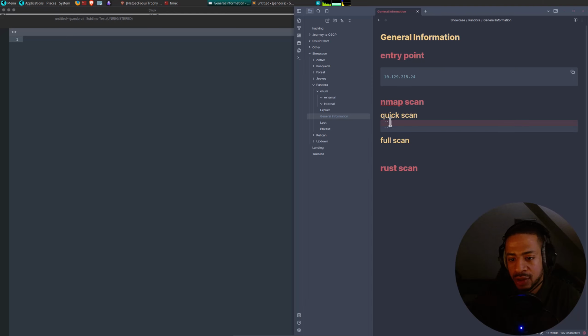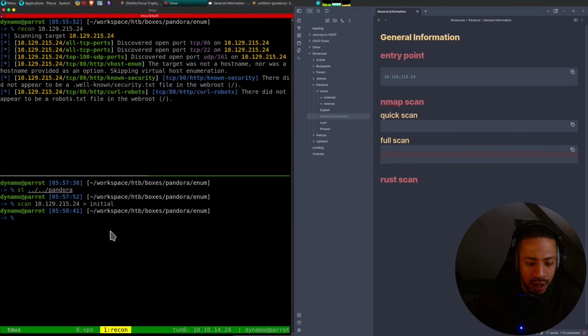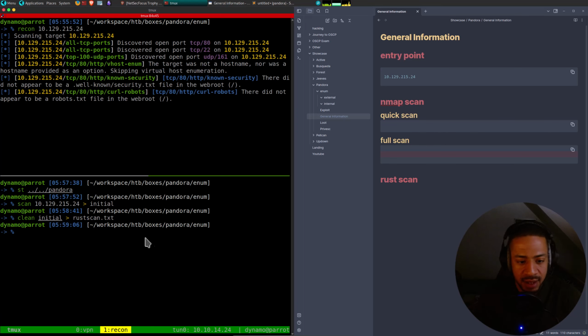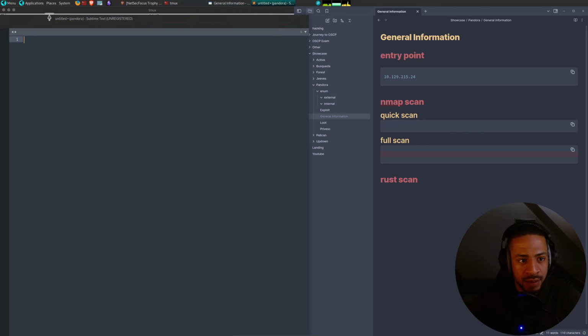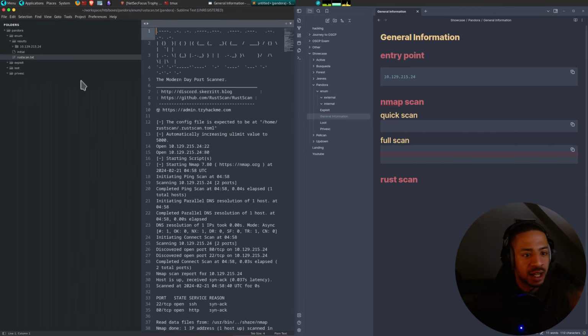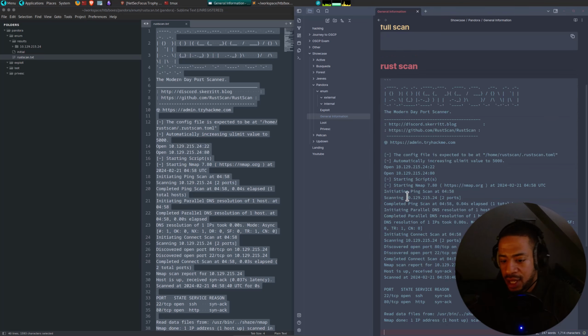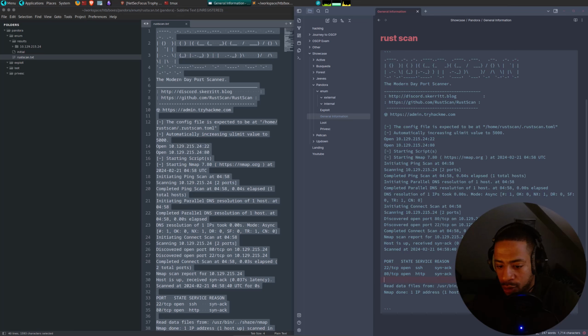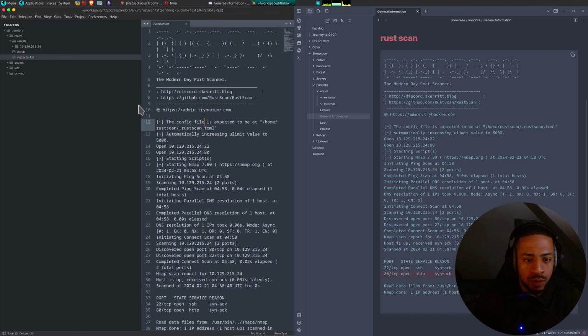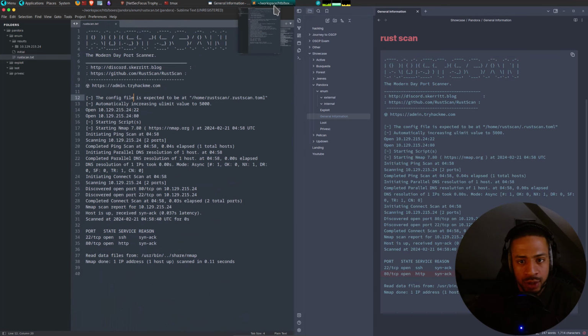Then I can just paste the outputs that I just got into there. Initial is done, so I'll clean it up and call it rustscan.txt, go into my Sublime Text, put that in here, copy this, and paste it here. What can I see? I have port 22 and port 80, and we'll get into what is on those.